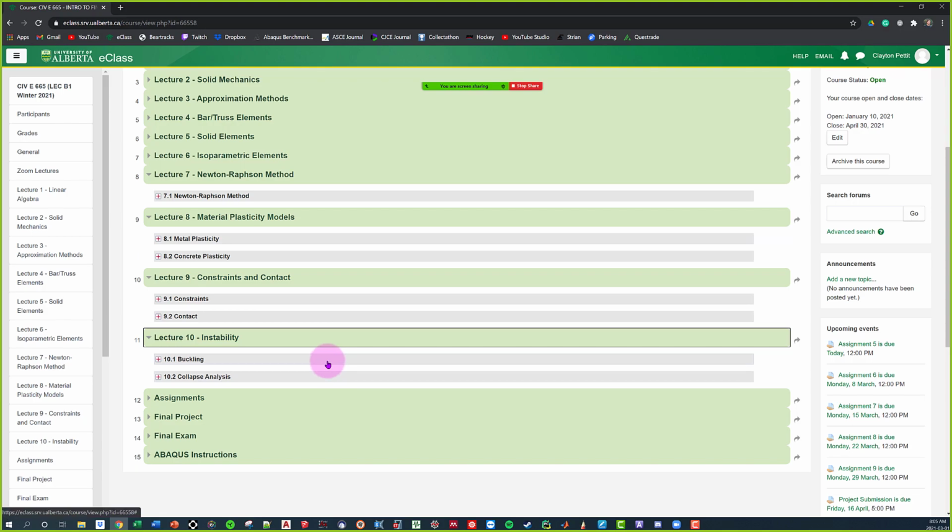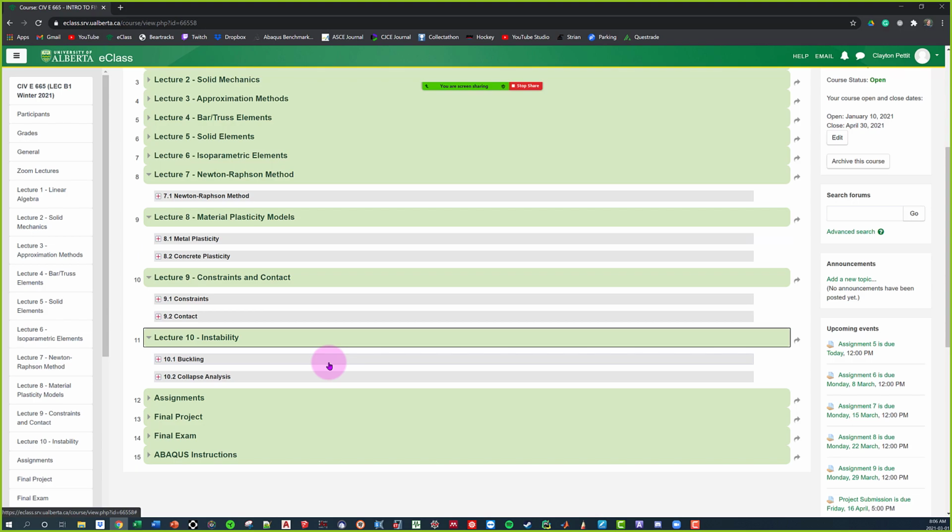Now, if we look at the lecture content, there is room for a lecture 11. I'm not sure if it'll be in person, but basically what I want to do with lecture 11 is just figure out what you guys want to know, because the finite element program is so broad. We have mechanical engineers, we have chemical engineers. We're not going to be able to explore all the topics of the finite element program in this course alone. So if you guys want a certain something explained, message me and then I'm going to start creating slides.